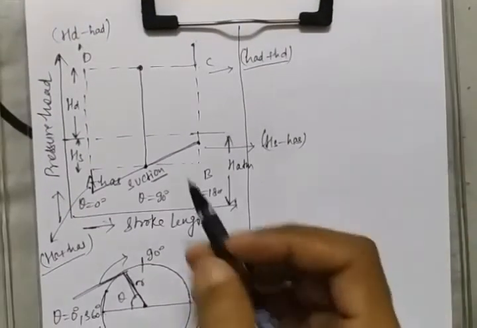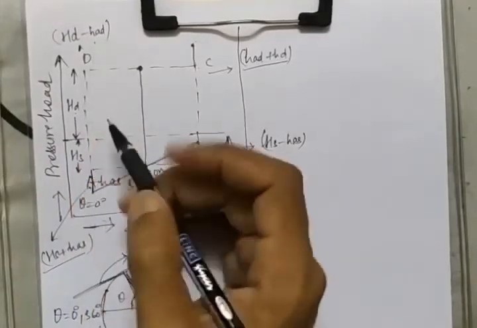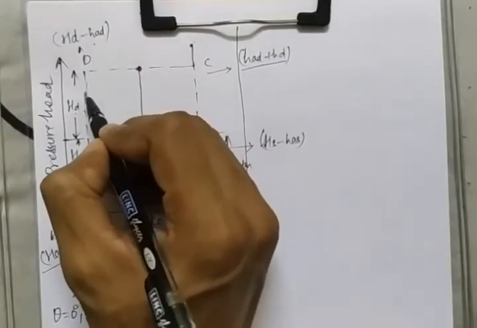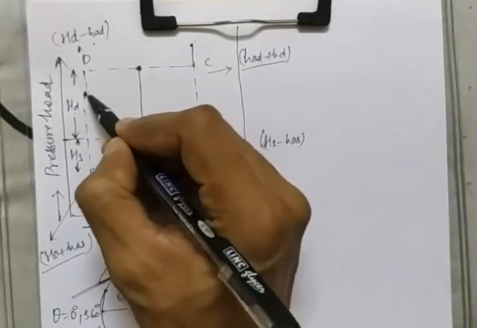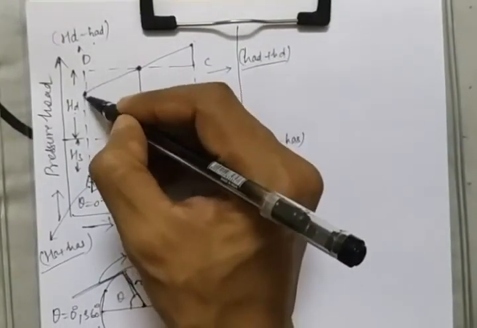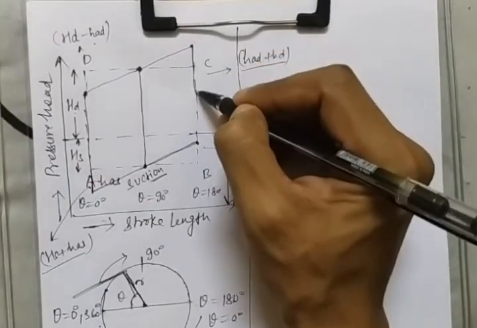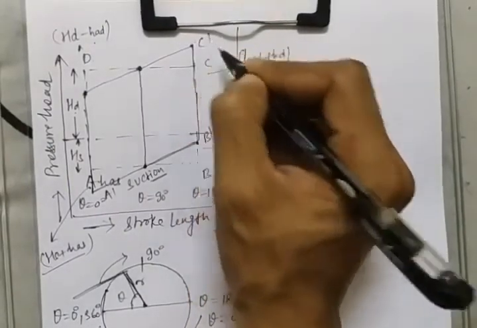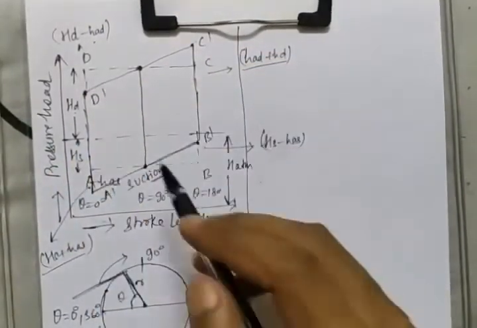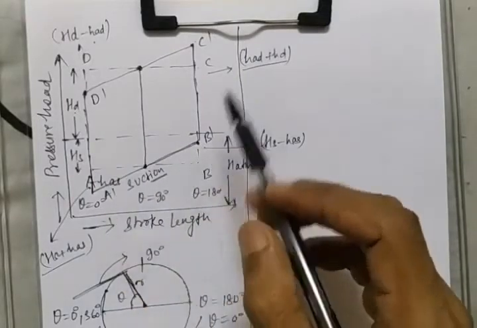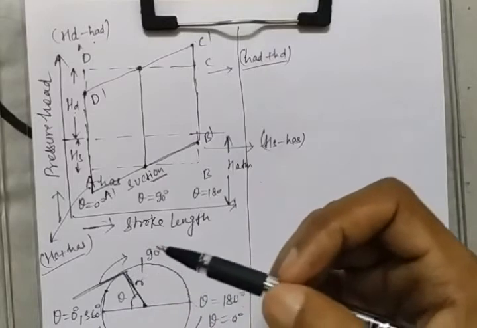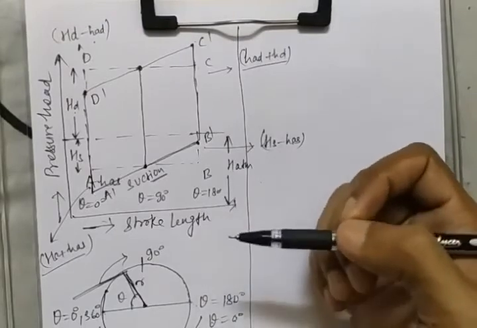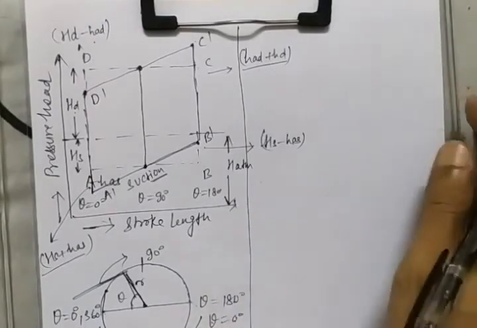So now here HD minus HAD, so the amount of value it has increased, the same amount of value it will decrease, so another point will come here. So just join it by a single line. Now join this whole value, and let's name it A dash, B dash, C dash, and D dash. So guys, now this A dash, B dash, C dash, D dash diagram is the diagram of the indicator with the effect of acceleration in suction and delivery pipes. Okay guys, I hope you have got me.